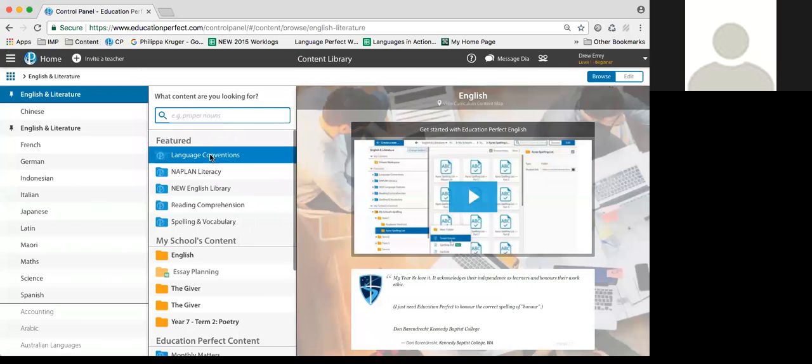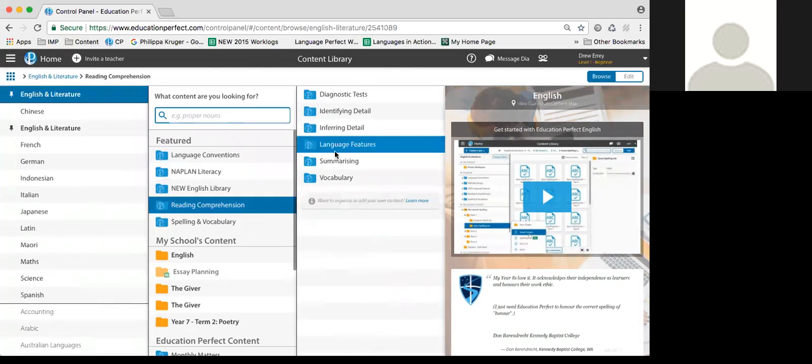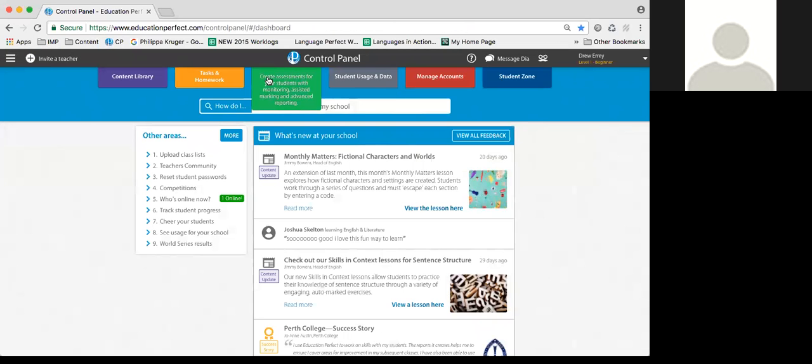So the reason we've got 4 for each of the skills, language conventions and reading comprehension, is that you can do one each term. So there's one for each year level for each term. So you can do a different one each term, and then you can get the data and see the progress over time. And we've actually got a function now, when you do an assessment and you get the analysis, that you can compare assessment results. So I'm not sure if we'll be able to see that in that sample assessment, but